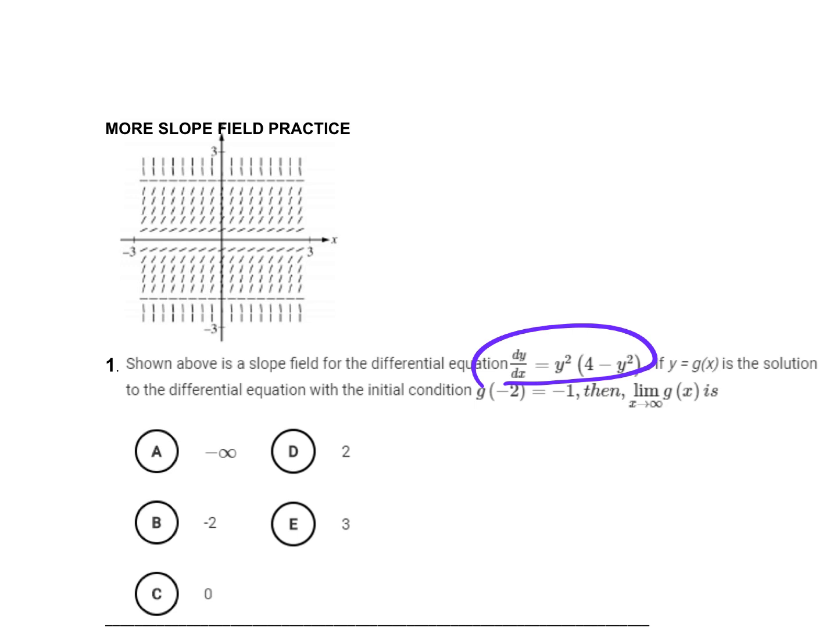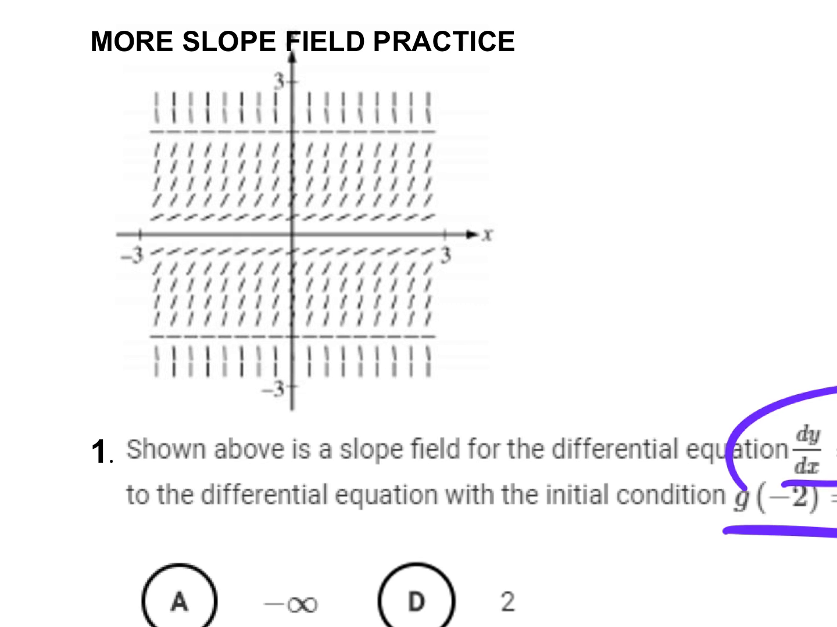If y equals g of x is the solution with the initial condition -2, -1. When they give you an initial condition, this doesn't mean you actually need to separate the variables and do integration and all of that. It means that your solution curve is going to start at that point. So I can draw in basically the point